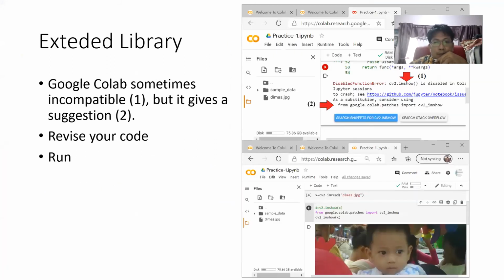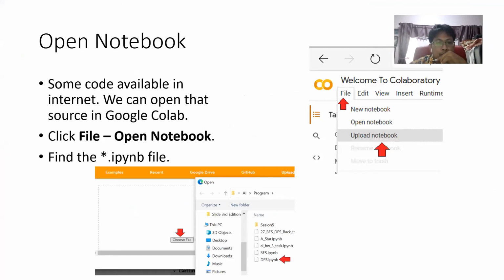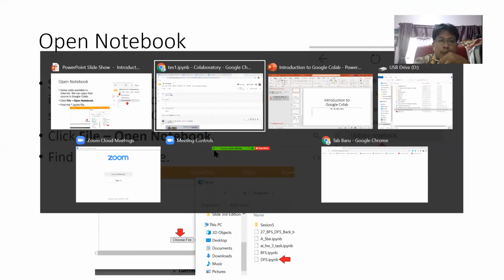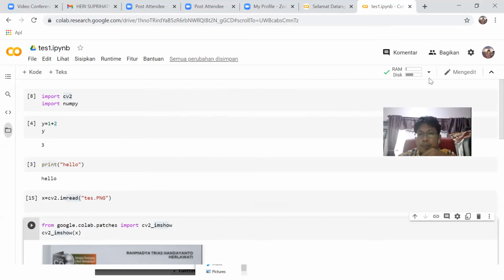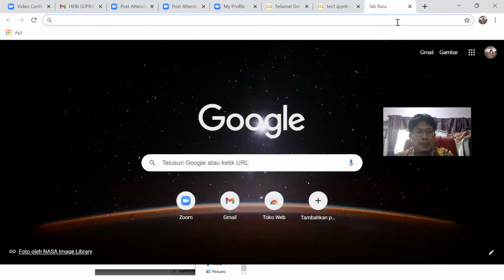So, ready, using library. Open a notebook. Okay, I have shared some code in Edlink. I forgot the password.